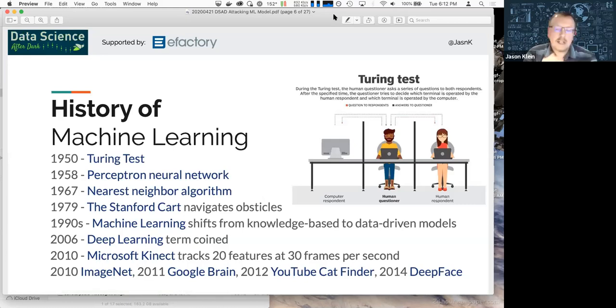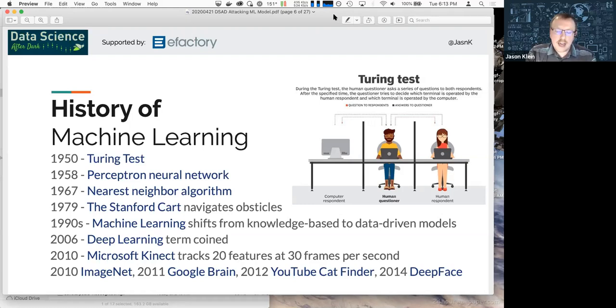All right, before we deep dive into the demo, I want to give you a little bit of a history of machine learning, like how we've gotten to where we're at, and then we'll talk a little bit more about image classification and how that has progressed over time. With machine learning, a lot of folks point to 1950 as the beginning, where the Turing test was born.